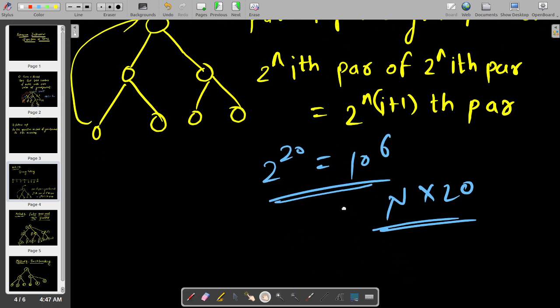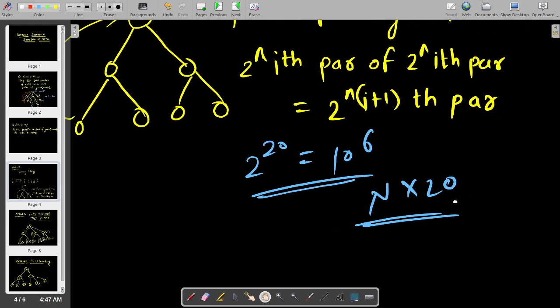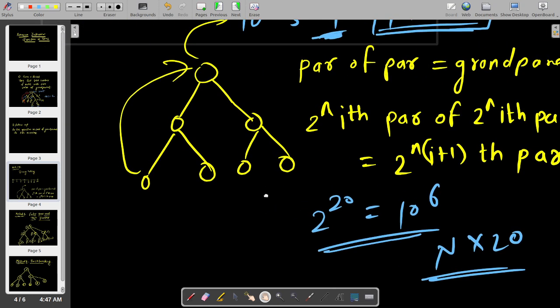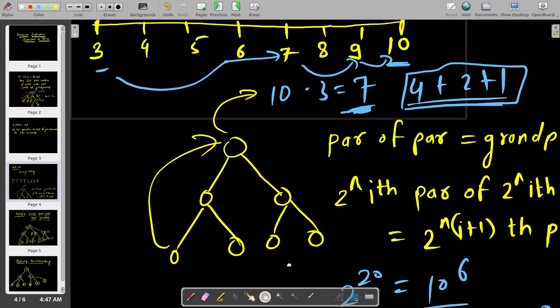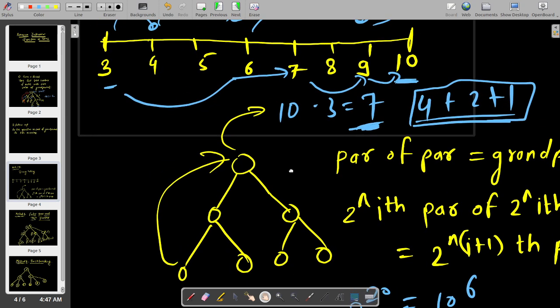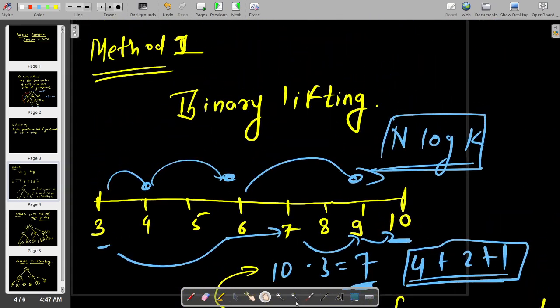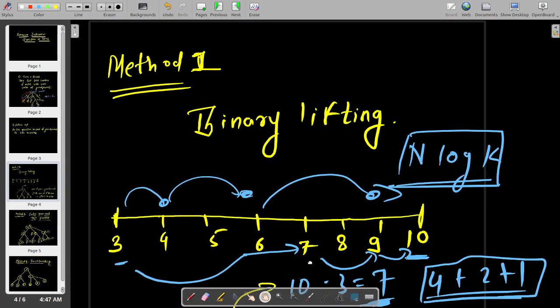Hence I said it's log k complexity. When I said n log k, it's basically the same thing. So we will find the kth ancestor by this, check if it's even or odd, and increment our answer, correct? This was the method. I will explain it again. Basically binary lifting is the concept where you jump in powers of 2, correct?